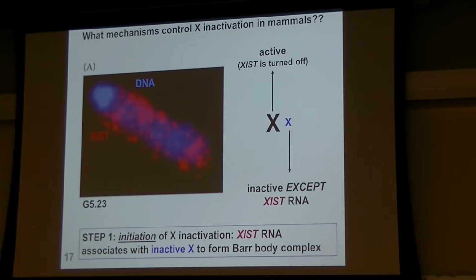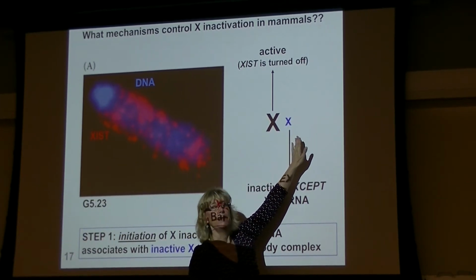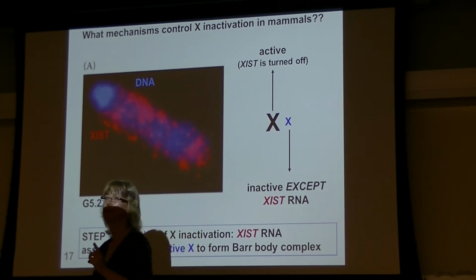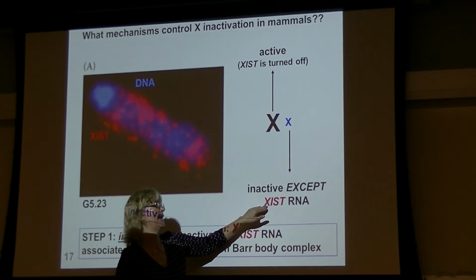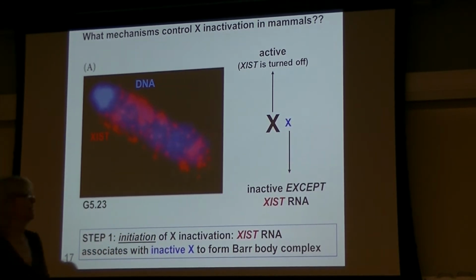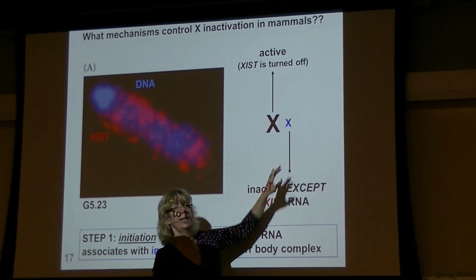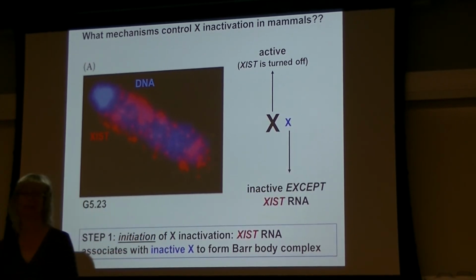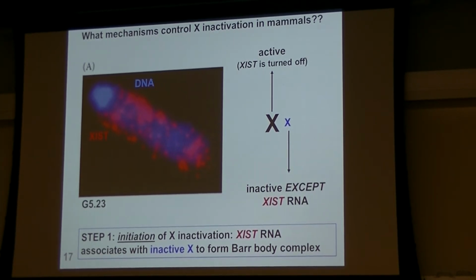Okay, so what are the mechanisms controlling X inactivation in mammals? There is an interesting scenario that on the inactive X, really no genes are transcribed except for a very rare case. There's one gene called XIST, or exist, I call it, and this one is transcribed. In fact, it's transcribed only from the inactive X and not from the active X. So this is unusual. This exist RNA never gets translated into a protein, which is also unusual. Most of the time when we have an RNA that gets translated into proteins,